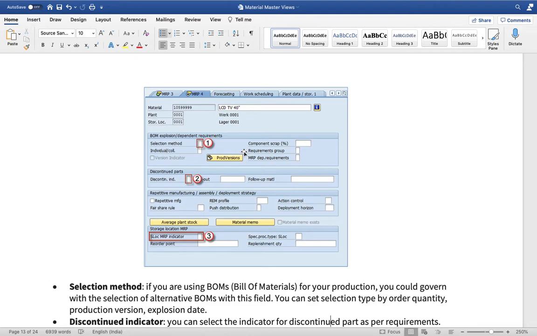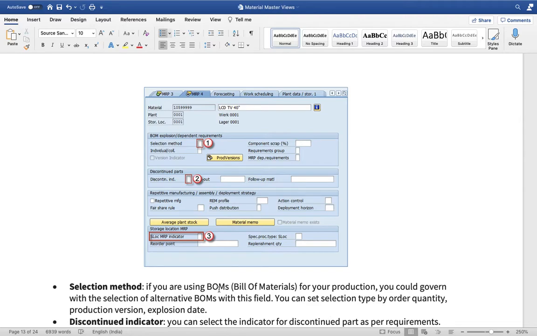Now if something is used for the purpose of bill of material, you can select it there, put a figure there, 1 or 2, or give a tick mark, and it will automatically decide. Once you decide the selection method, you can also give how much scrap will be allowed, and how much component scrap you will take there, with a tick mark.